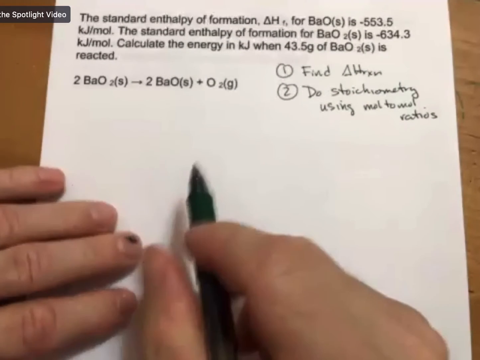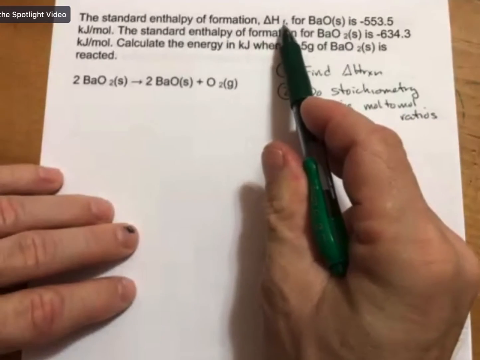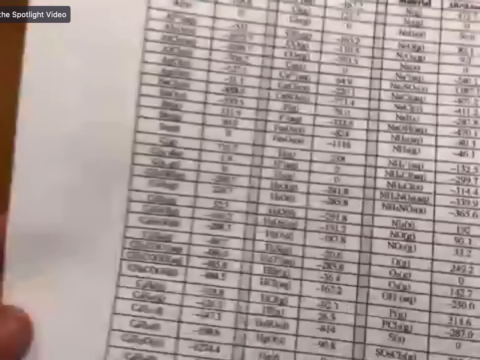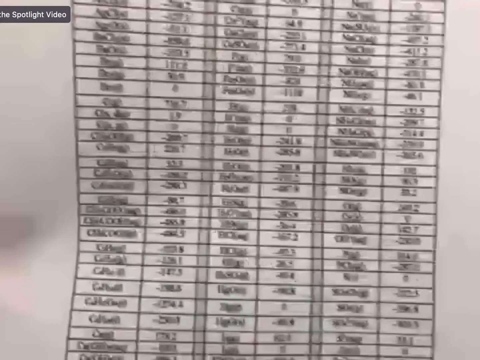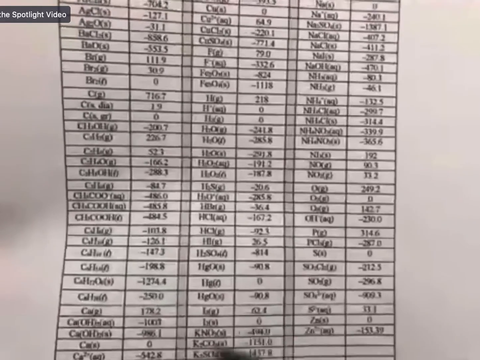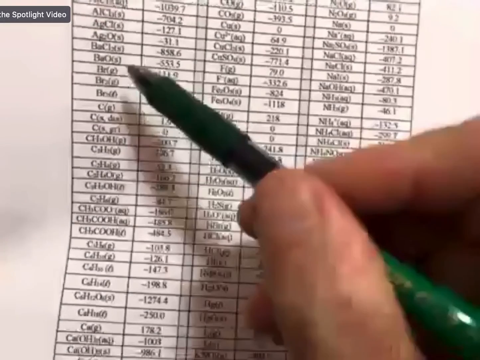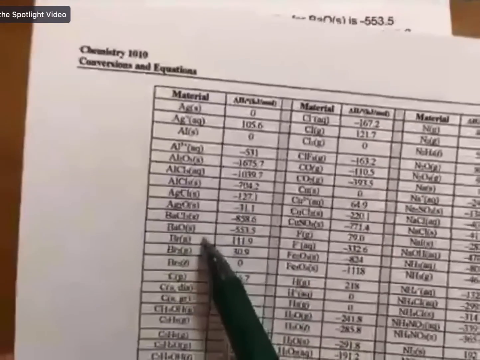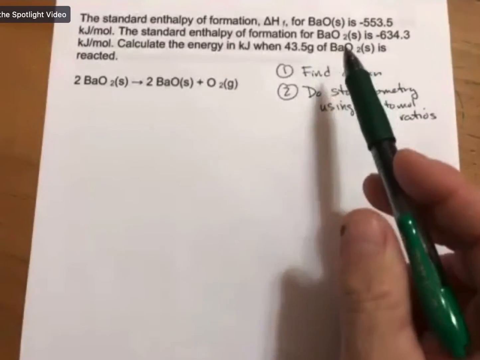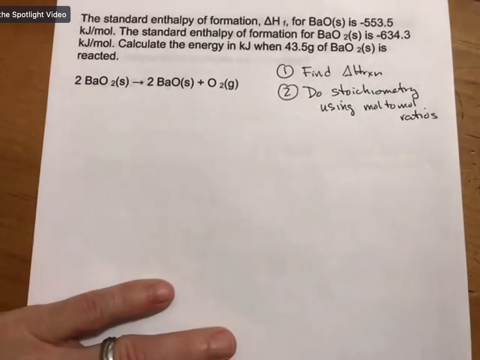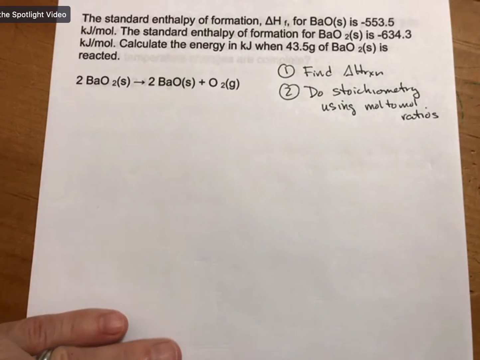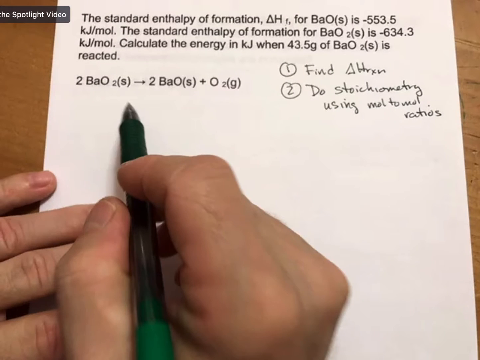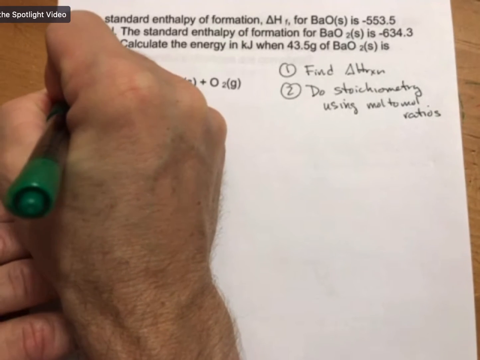So, the delta HF values are typically on this list right here, but they weren't on the list for this one. There's barium oxide, but I don't have barium peroxide, so I actually gave them to you in the problem statement. And this is another option for the exam. So, my process for doing step 1